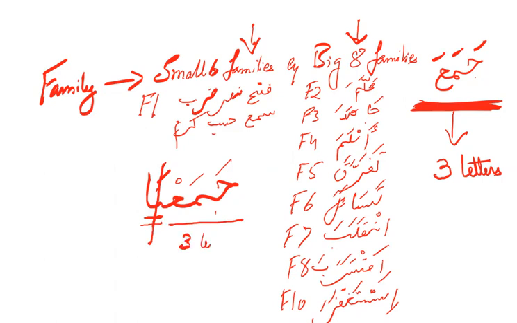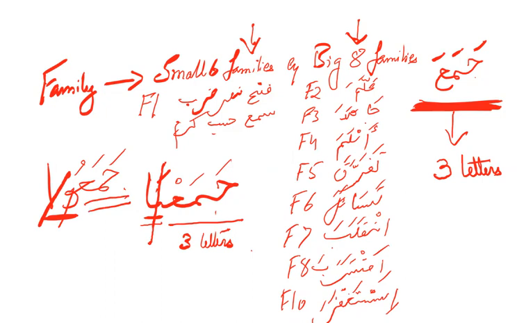3 letters. Right? Then if it was Jama'u, this is the sign of the past tense ending, right? So I remove this. And how many letters are left? 3 letters. Right? So if you remove the past tense signs as well as Jama'a yajma'u,